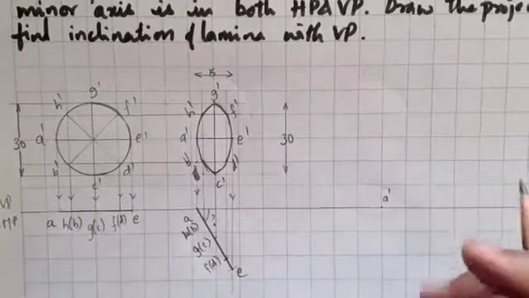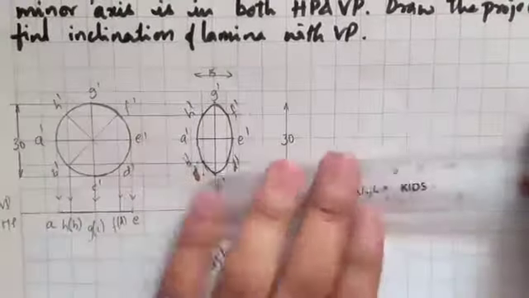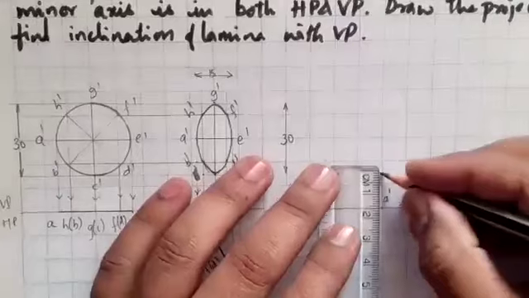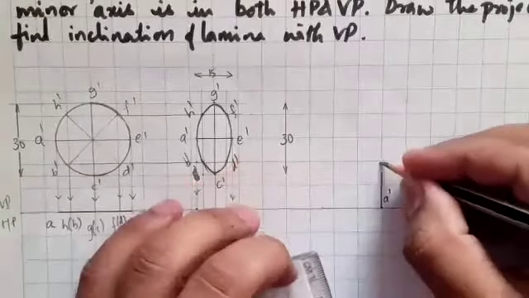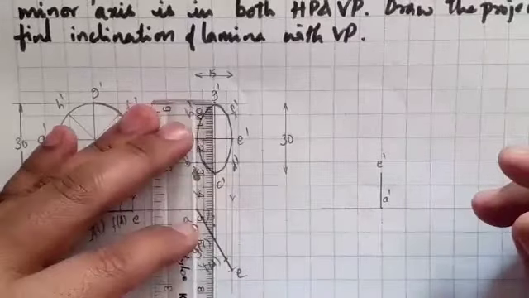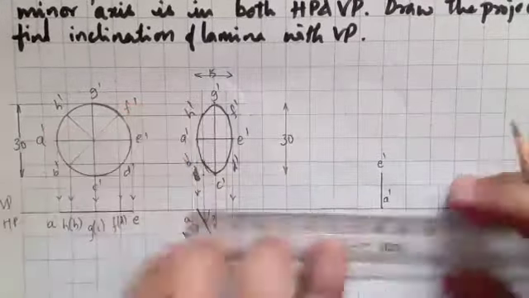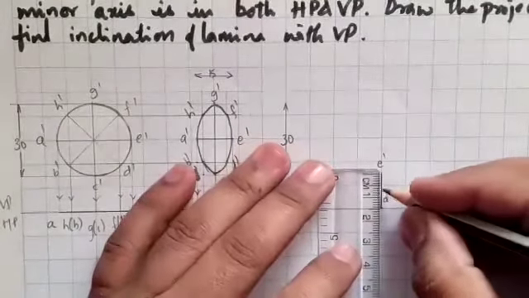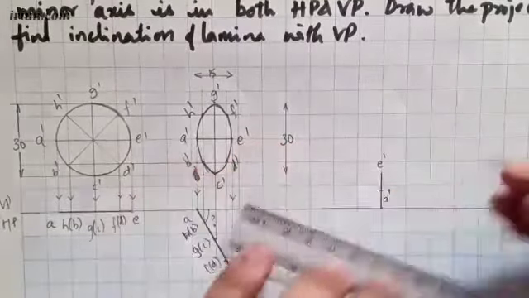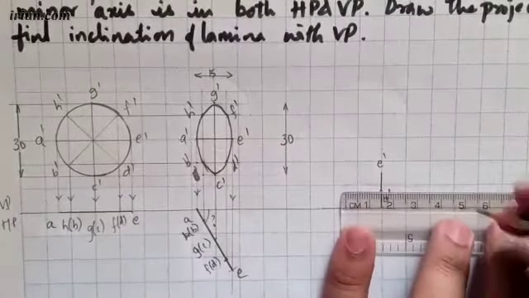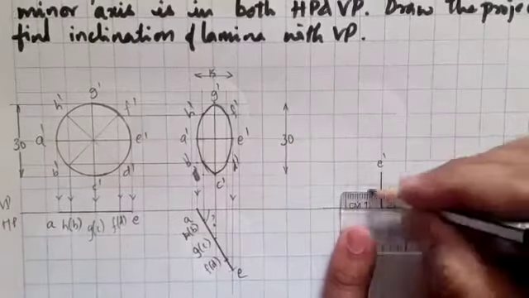So A dash is here. Reconstruct this front view. See minor axis AE, that is 15 mm. I'm going to mark it here, A dash and E dash. So next, major axis is 30 mm, GC. That is exactly 15. I will mark a midpoint, 7.5 and 15 mm. I am going to mark it here for 30. So 15 and 15, I'll get a 30 mm line.